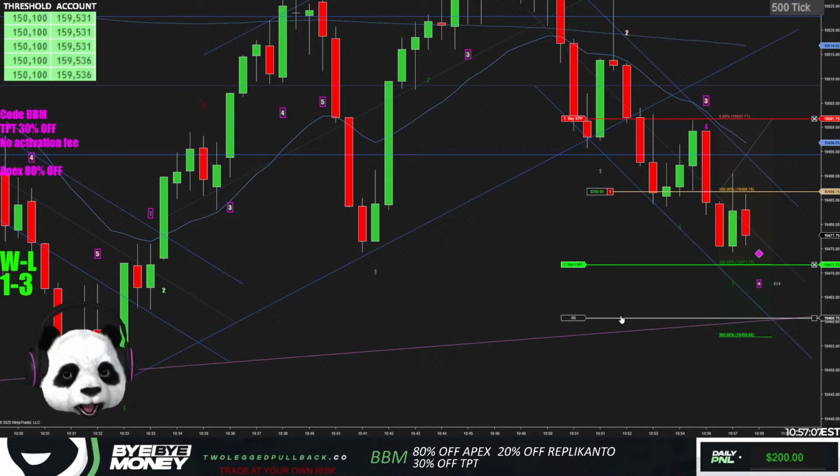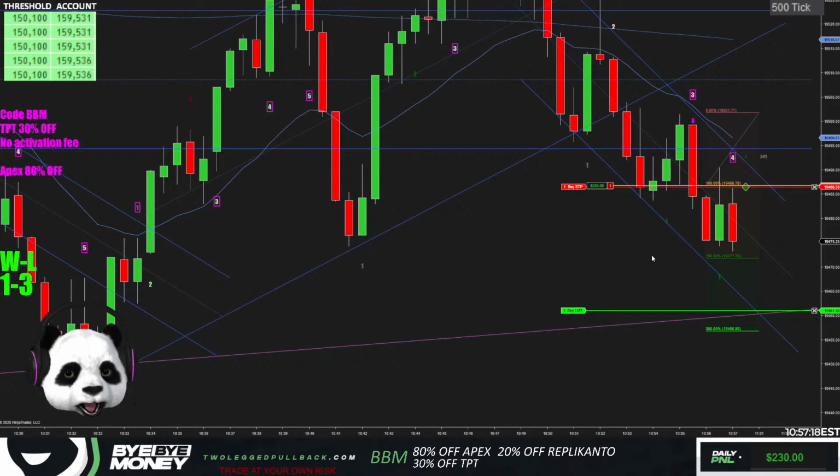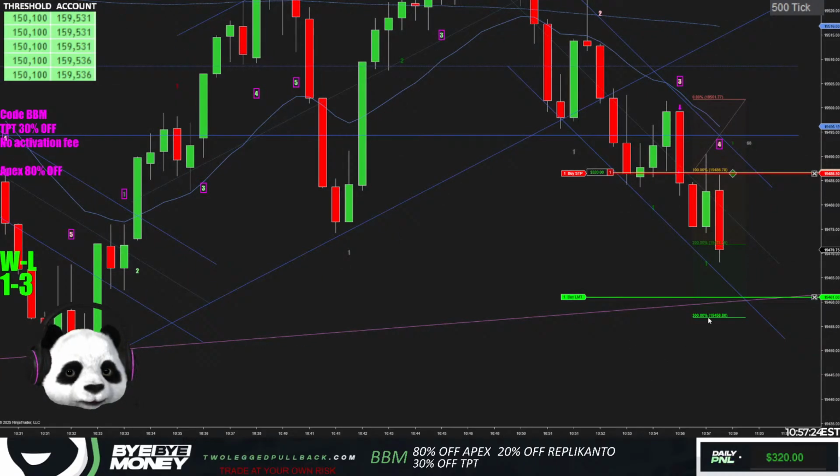Snaps back up like that. I almost want the 1 to 2 now because it did that. And now I can take my risk off, right? Because it kind of retraced already. I'll take my risk off now. I think we're okay. It did its retracement already. I could be wrong. It could retrace again. Who knows?